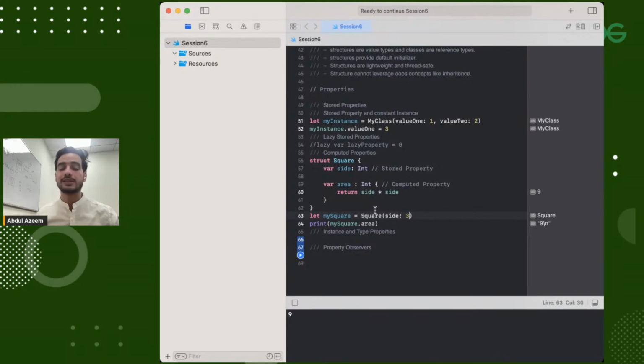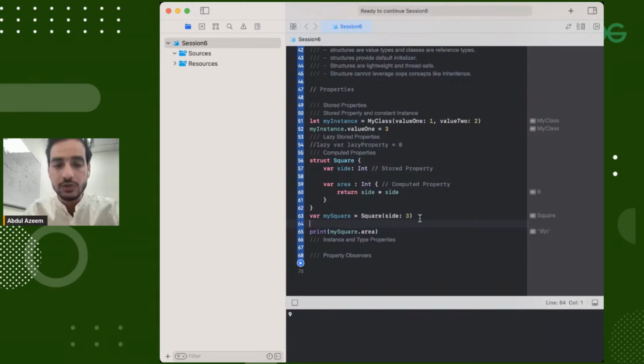Every time you are creating an instance and you are providing some value to side from the outside, it will be computing the property of the area. Let's say I have created the square with side equals to 3. Now I'm changing the length. Let's say mySquare.side equals to, let's say, 5. And now